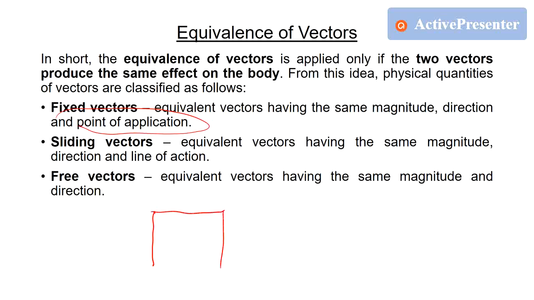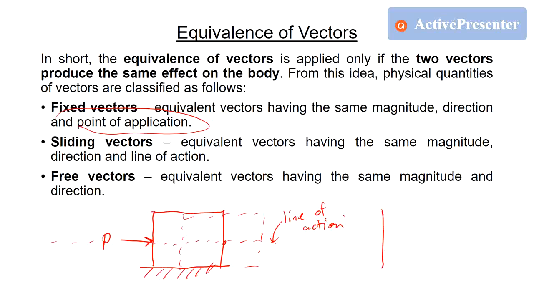If we push a box with a force P right here, the box may slide going to the right. This is what we call the line of action. If we transfer the force P along its line of action, shall we say we put it here,